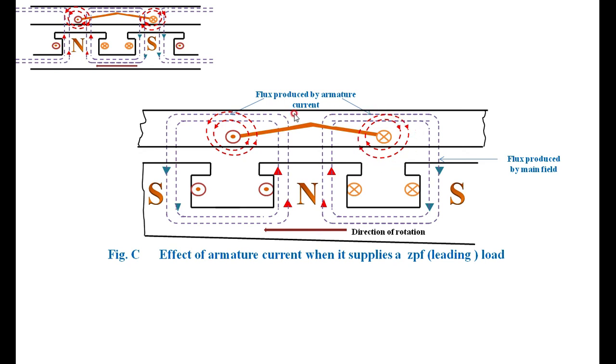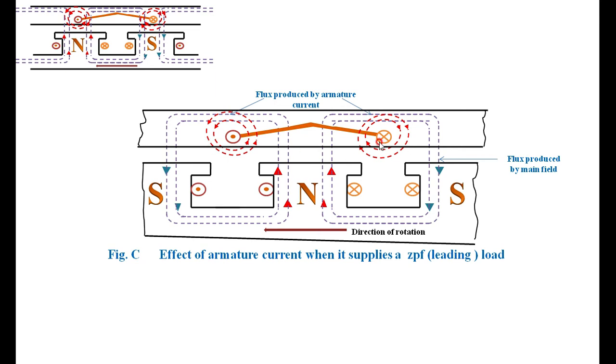Okay, now we can interpret by looking into the direction of the flux produced by the armature flux and the main flux. We can look into here. That is, armature flux is acting upwards. The main flux is also acting upwards. Means both are acting in the same direction. At this end, you can look into here. The flux is acting downwards. That is, the main flux is acting downwards. The armature flux is also